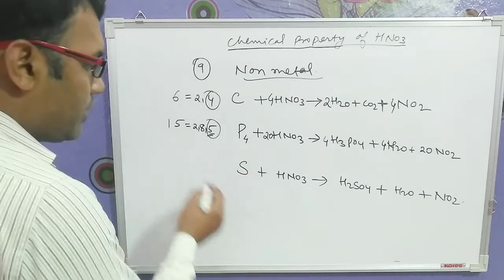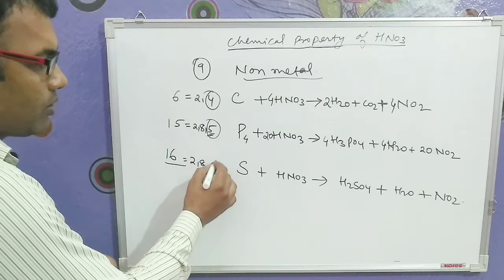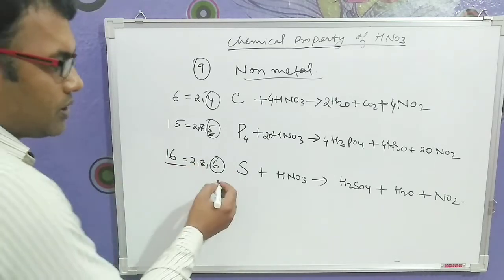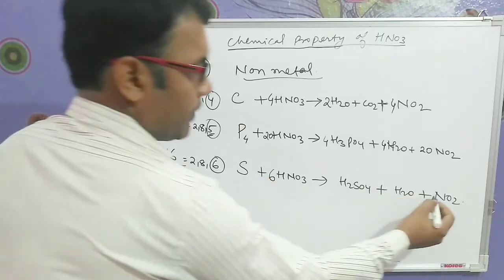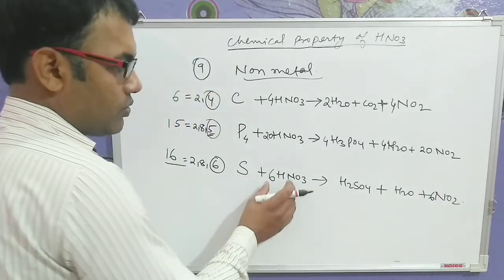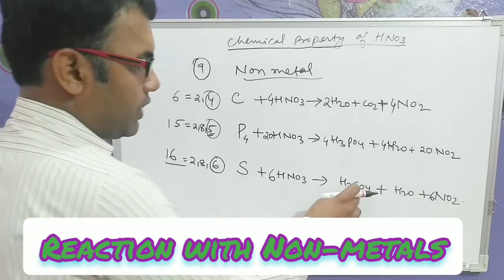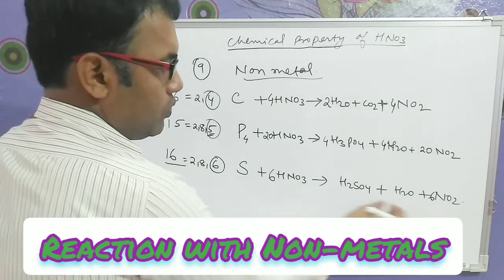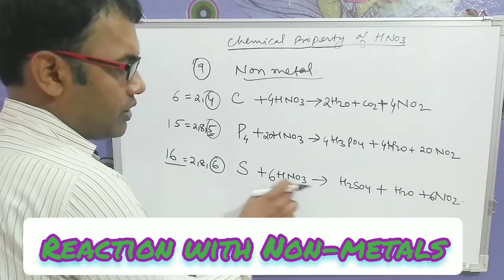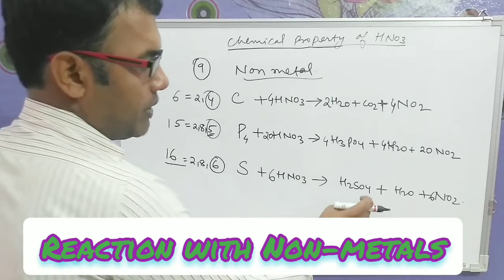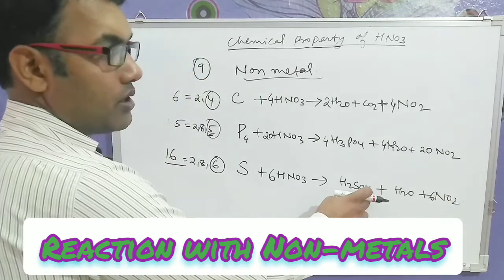Now coming to sulfur. Sulfur, we all know what is the atomic number? 16. Electronic configuration 2, 8, 6. So what is your valence electron? 6. So you multiply here with 6. When you are multiplying here with 6, here also you have to multiply with 6. So nitrogen 6, nitrogen 6. Now hydrogen is 6 here, and sulfur is 1, sulfur is 1. Hydrogen here 2, and here also 2. So what do you have to do? This oxygen you consider here is 18, but here 4, and here 6 plus 2, 12. 12 plus 4, 16.